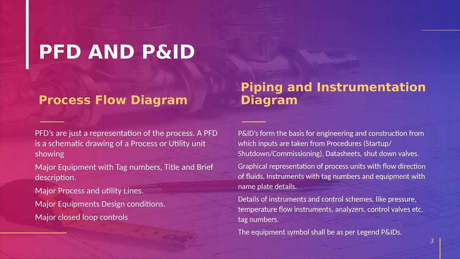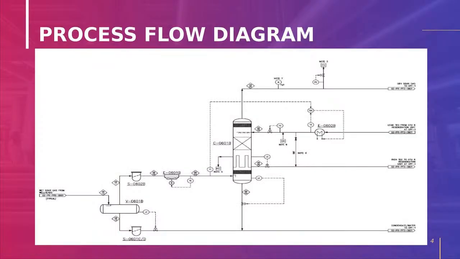That P&ID will be useful to do the hazard study, everything before we put the plant into operation, or even after the construction to cross check with the plan pipe routing. Everything will be based on the P&ID only. There are a number of legends, valve legends and instrument legends, that will be shown in the P&ID. These things we are going to see in very detail in the upcoming sessions. Okay, next one.